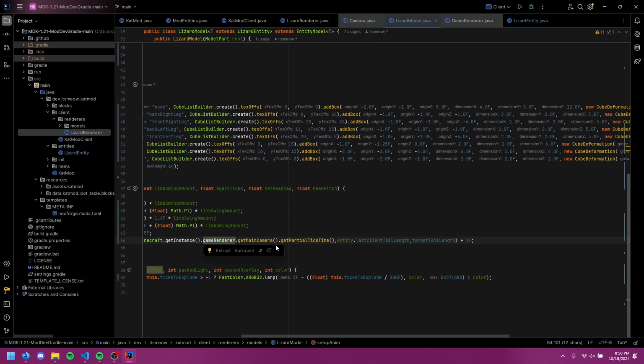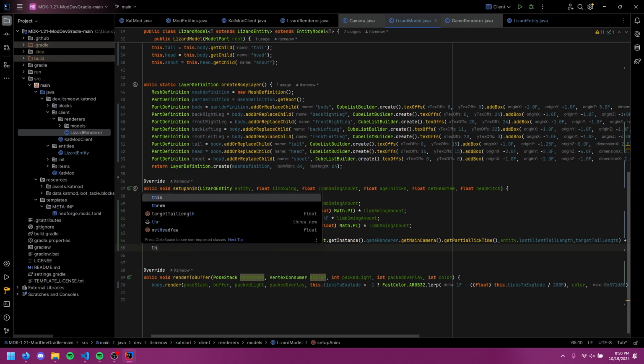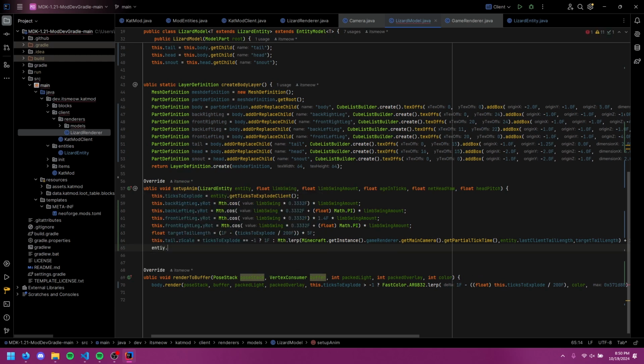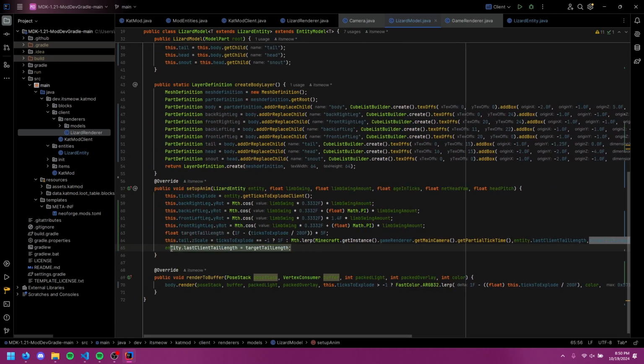So basically from 0 to 1, we're going from the last length to the target length, and then now we're going to make sure that we set the last length to the current one, so that the next time that this updates, it will have the right value. Although we'll need to do that, it'll have to be inside the entity, because otherwise this will update every single frame. So it won't be smooth between ticks. So we'd have to go,